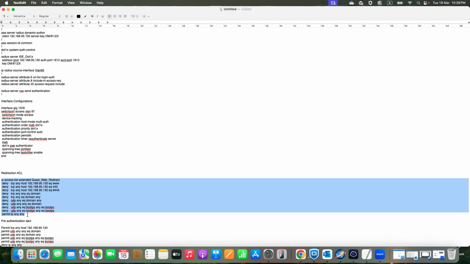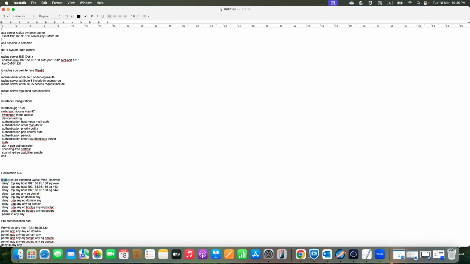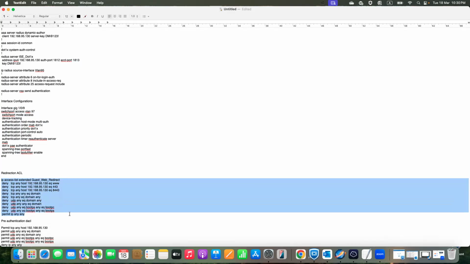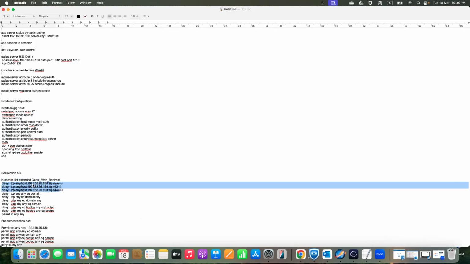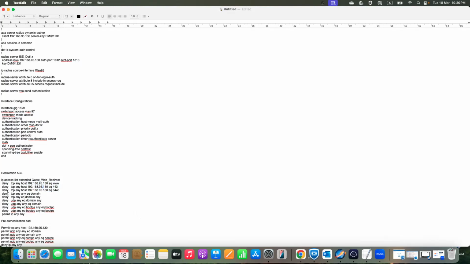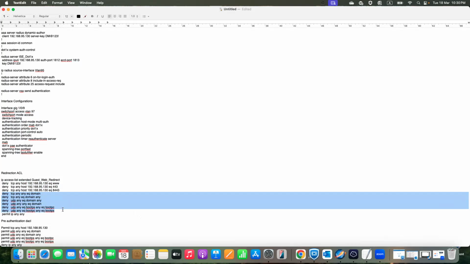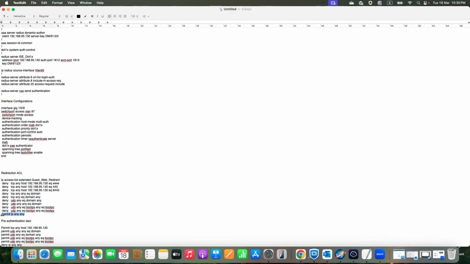Okay, so the flow or the sequence of this redirection ACL is very important. So we need to deny www, like web access, HTTP, HTTPS, and 8443 towards Cisco ISE. This is the IP of my Cisco ISE. Then you need to deny DNS communication and also deny DHCP communication, so the user can get an IP address from DHCP,